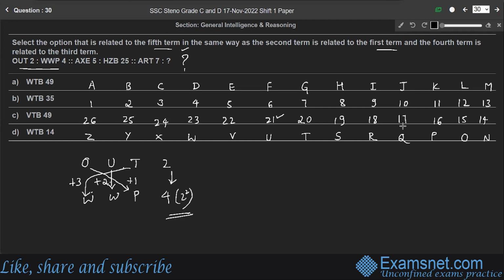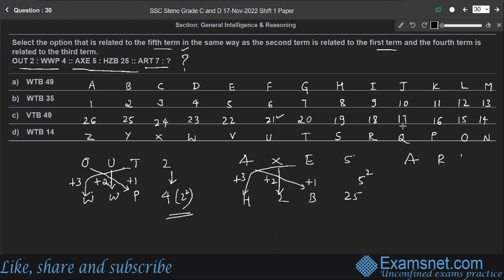So similarly, the next term, AXE Y, right, is coded as HZB25, right? Apply the same rule. A plus 1 is B, X plus 2 is Z, and E plus 3 is H, and the square of 5 is 25, right? Therefore, to get the next code,